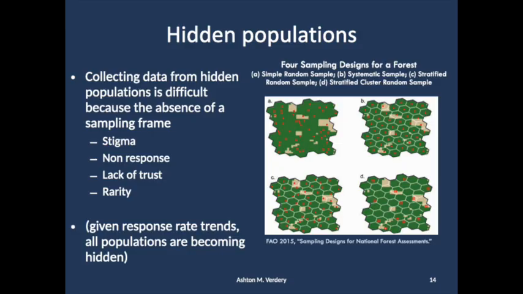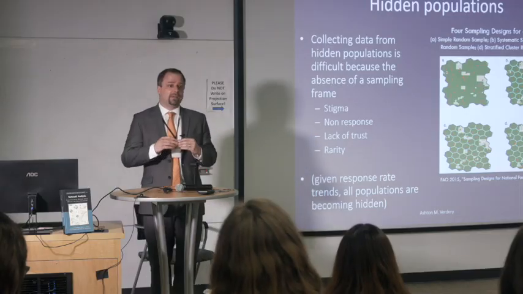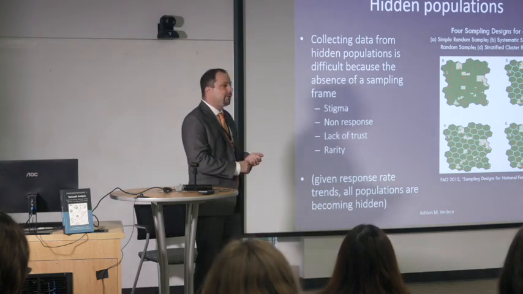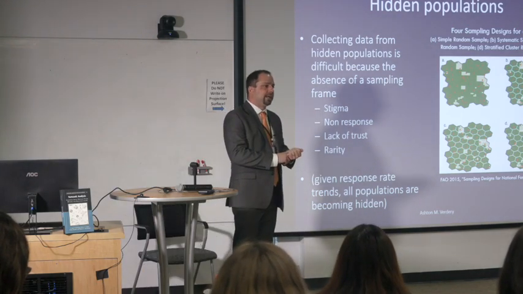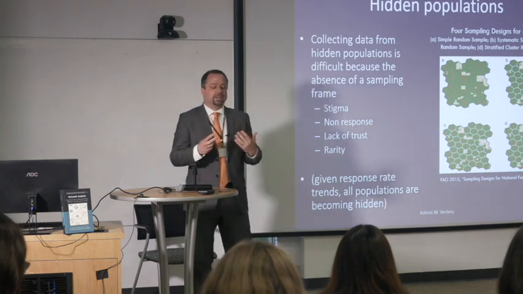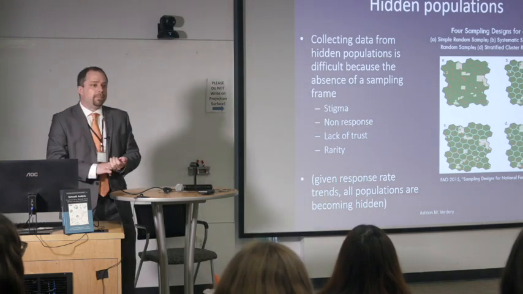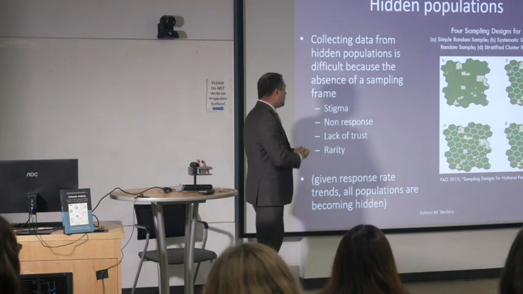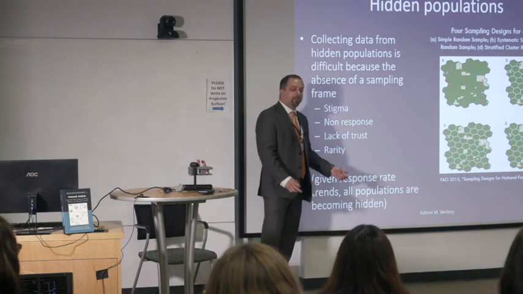Respondent-driven sampling and many sampling methods are motivated around the idea of trying to collect data on hidden populations. Hidden populations are defined as those that lack a sampling frame. That could be because people don't want to be found. They're unregistered in the basic statistical systems that we have. They might not respond in general if people come up to them. And they might be an extraordinarily rare population.